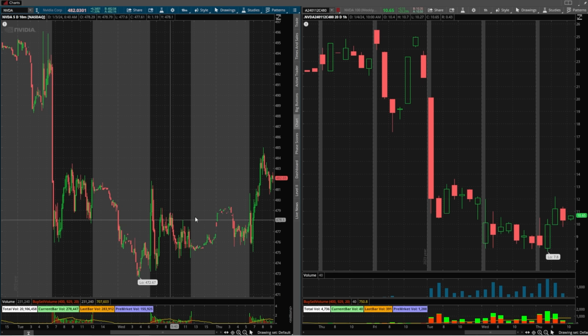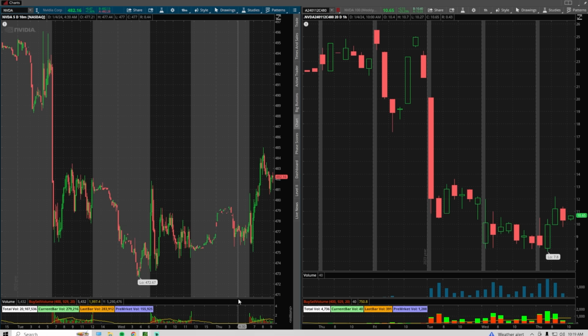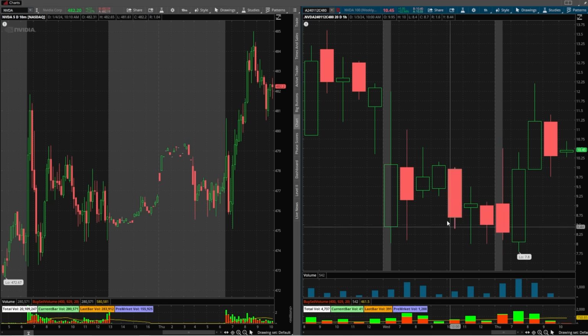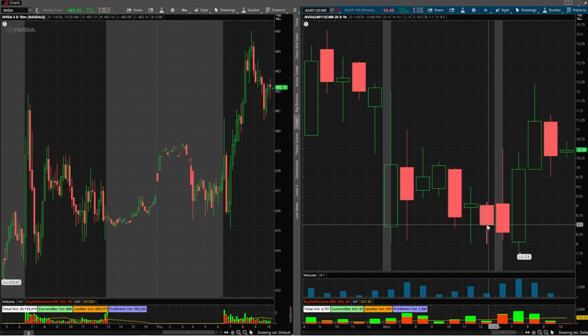Here we go. It started bouncing yesterday on Wednesday, bounced quickly, and then lost all those gains that it made in the morning. It bounced up, lost all the gains, and started chopping around. But it was still a green day. It still ended green. It still held this level. So you could have bought this yesterday for around $800, $850. And today you would have lost a little bit depending on what your stop loss was. But if you looked at the actual chart, you would have never really broken this level, so you still would have been bullish. And if you would have held it through the day, you would be up right now a couple hundred dollars,